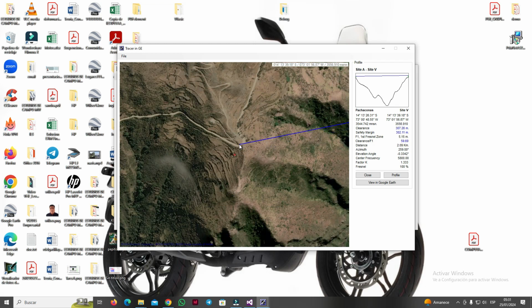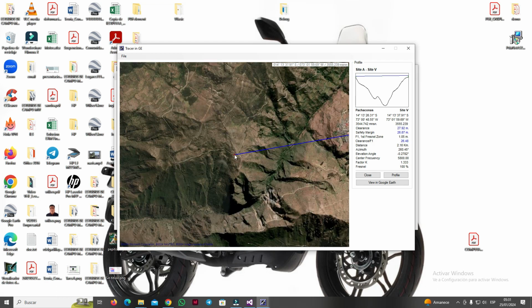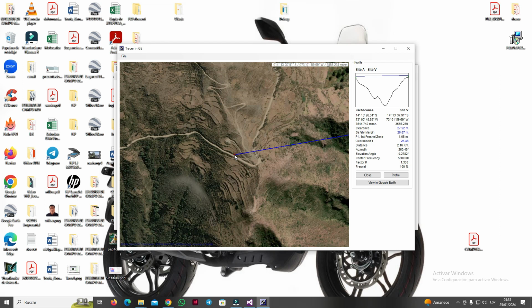This tool is advisable when the starting point and the end point are very far away, for example 300 kilometers, then you must go from jump to jump until you reach the end point. However, in our case the distance is relatively short, so we are going to use another tool that I developed based on my needs when I have had small projects that include short distances and repeaters must be located very quickly.